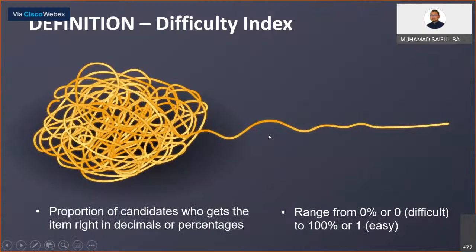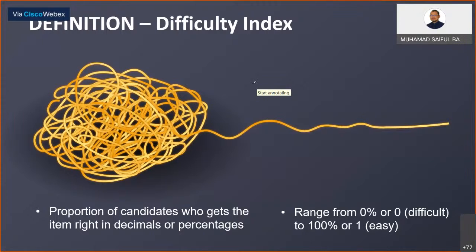Let's go. So this is the difficulty index. Difficulty index is very easy as compared to the previous one. It is the proportion of candidates who get the item right, in decimal or percentage. So basically, it's the proportion of the students who get the answer correct. For example, let's say we still use the teaching track question just now. Out of 100 students,